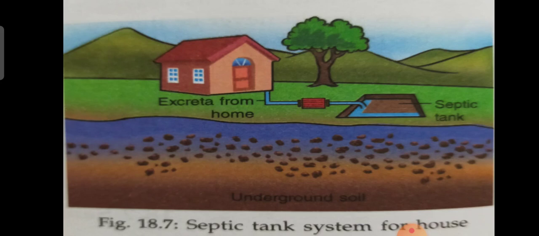Correct? What happens here is, first the sewage is allowed to flow into the tank. In this septic tank, anaerobic bacteria decompose the solid waste. And the liquid waste is allowed to flow out of the tank into the ground, where it mixes with the soil below. Right? This is about the septic tank. It is one of the alternative methods which is used in our houses. It is also there in the villages, where a proper sewage system does not exist.